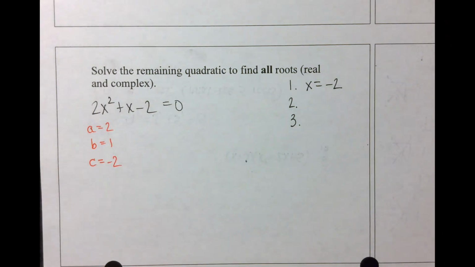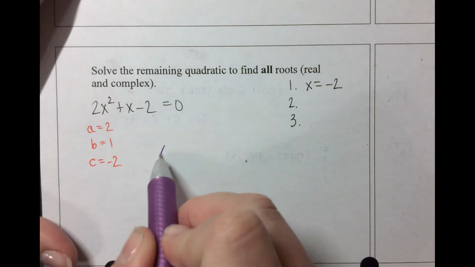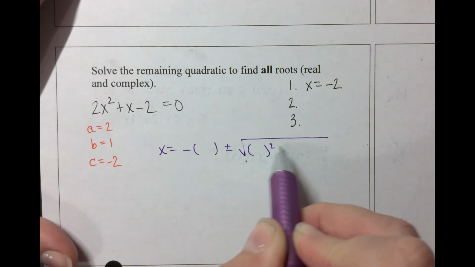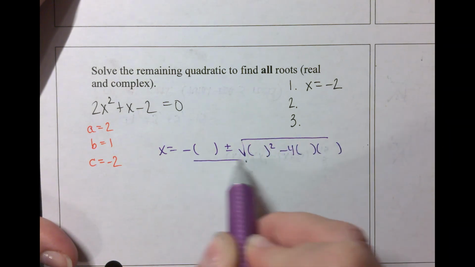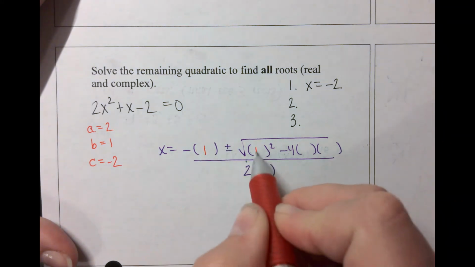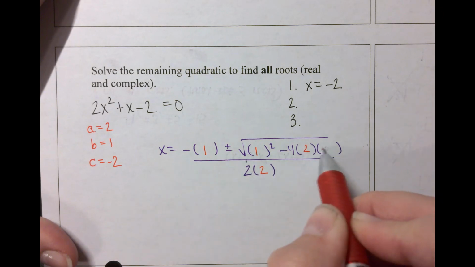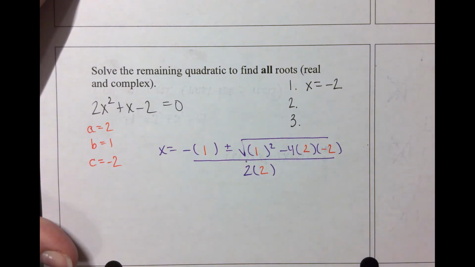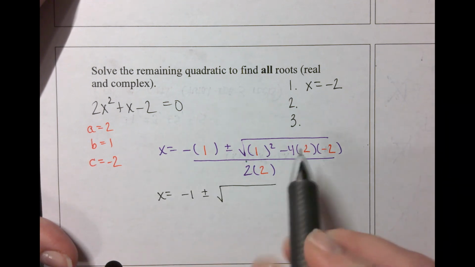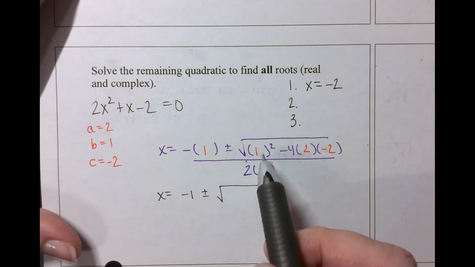Again, I did a quick check. I was going to use the quadratic formula, but I did do a quick check to make sure it did not factor. This one does not, but you can certainly try. So let's see, x equals the opposite of b plus or minus the square root of b squared minus 4 times a times c. All right, so let's fill in what we know. B is 1, a is 2, and c is -2. So we've got x equals -1 plus or minus the square root of 1